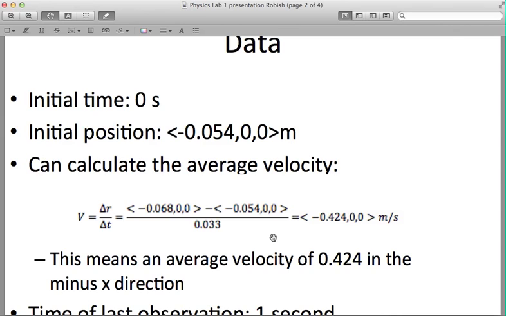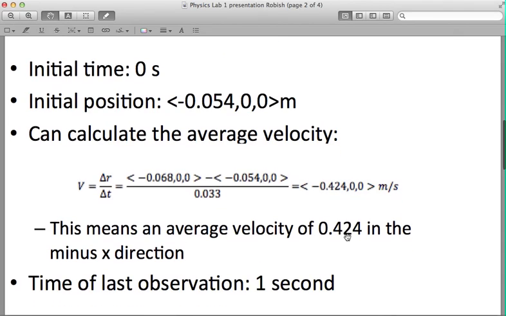So the initial velocity is the change in the position vector over the change in time. So this was the second position recorded, and this was the first position, and this was the time between each frame. So our velocity vector in meters per second is given here. And so for this,